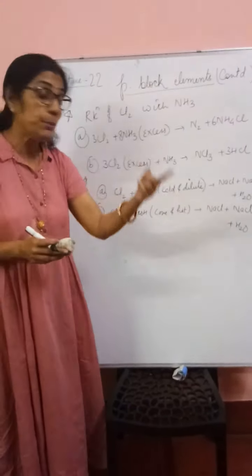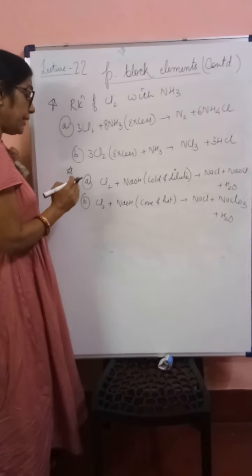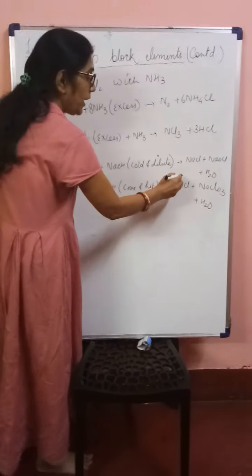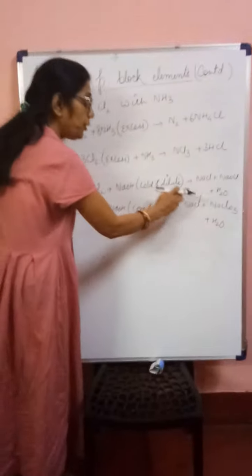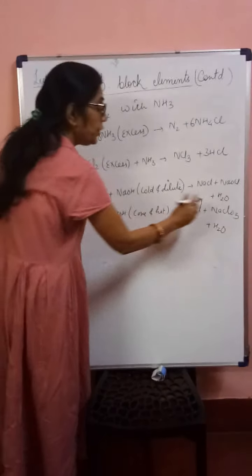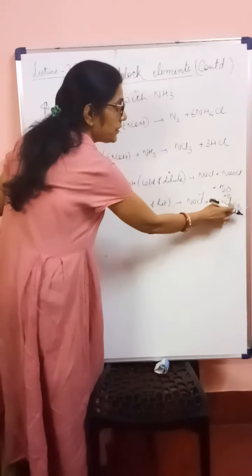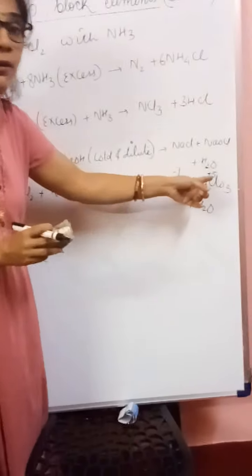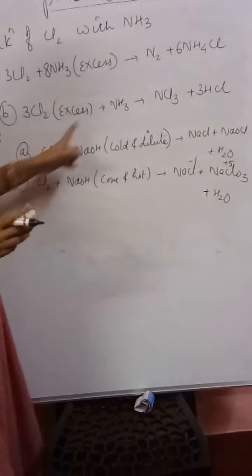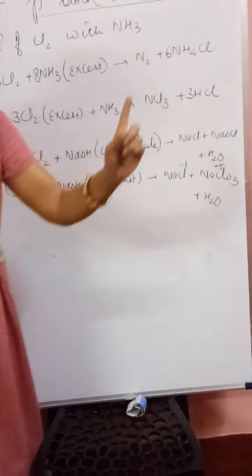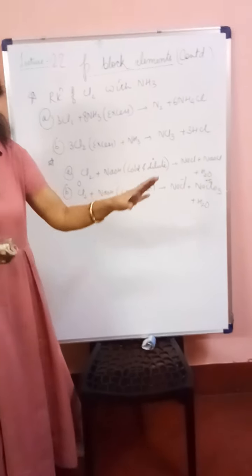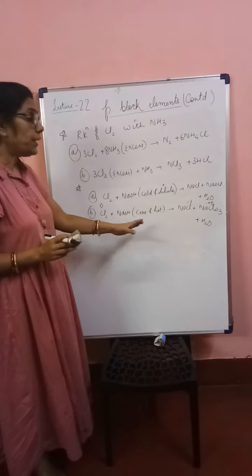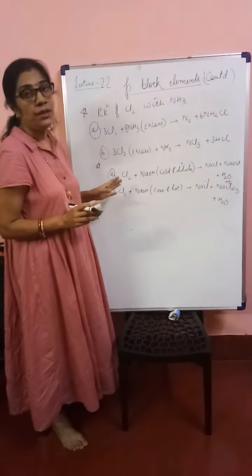So while learning and remembering, you can have a practice over here. And one more thing which is very important: chlorine oxidation state is 0 here, and here you can see -1. So 0 to -1 is reduction, and 0 to +5, because this is -6 and +1, so this becomes +5. So 0 to +5 is oxidation. So the same species undergoes reduction as well as oxidation. So what type of reaction is it? It's a disproportionation reaction. Same species undergoes oxidation as well as reduction.